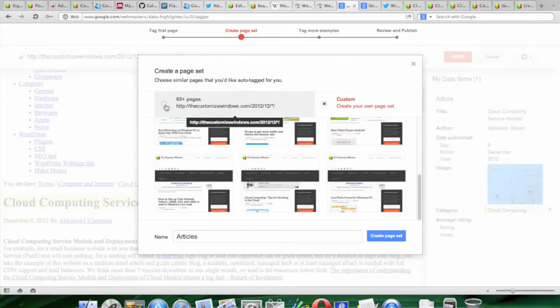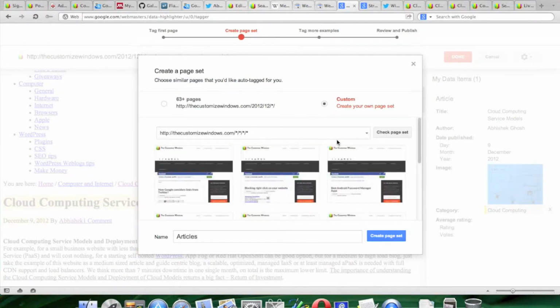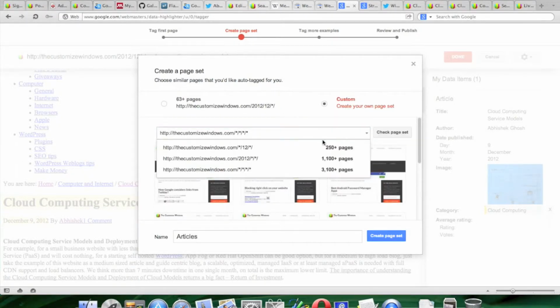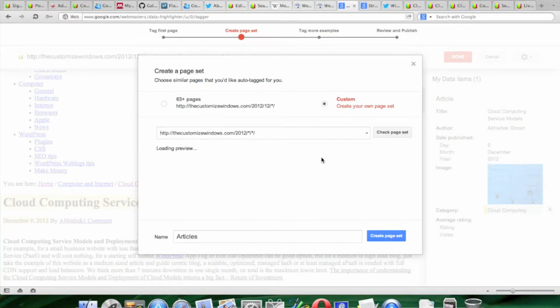So this is a very problematic issue. I think Google will think about this, and if this option is changed towards something like we use for Google AdWords for site links,